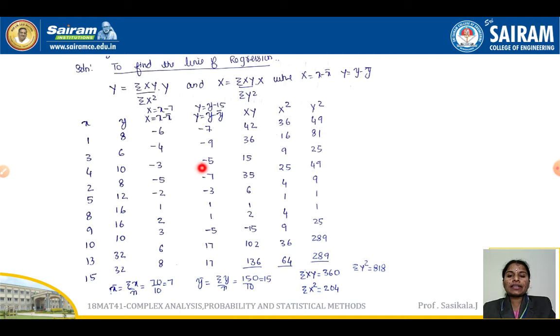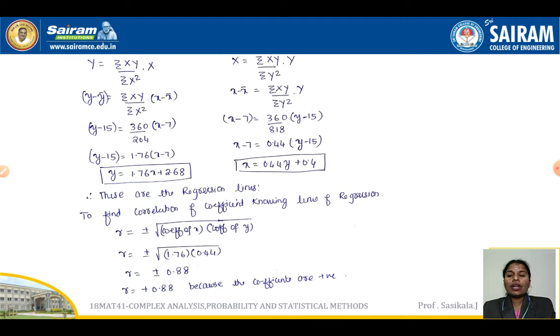Multiplying capital X and capital Y, you will get the xy column. Take the square of each x value to get the x squared column, and similarly for y, take the square of each y value to get the y squared column. Then find the summations, only for the required columns: summation of capital XY, summation of capital X squared, and summation of capital Y squared. Only these three summations you need to find and substitute into the equation. For the regression equation the formula I use is summation xy by summation x squared, because the question also asks to find the correlation. From this I can easily find it.